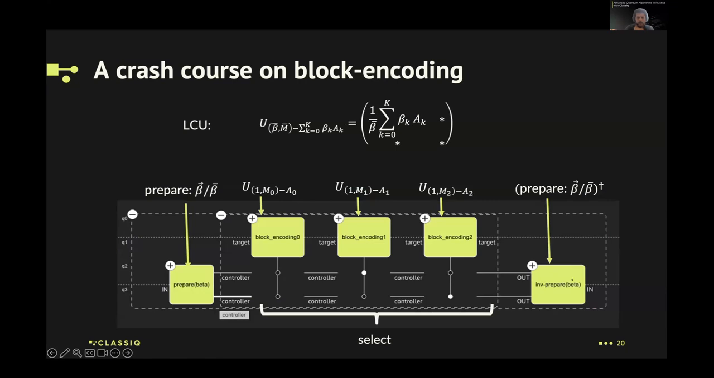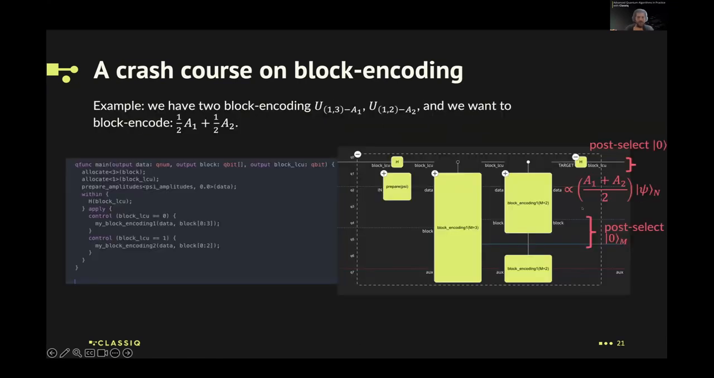Prepare and inverse of prepare. Oops. So I'm doing within apply H, and then I apply, if this block LCU is equal to 0, then I'm applying my first block encoding, and if it is equal to 1, I'm applying my second block encoding. And you can see one block encoding is with m equal 3, the other one is with m equal 2. So for the first one, I'm using